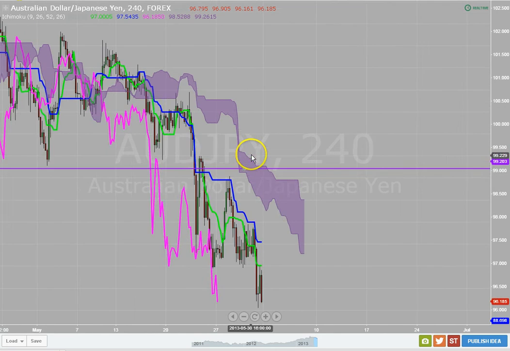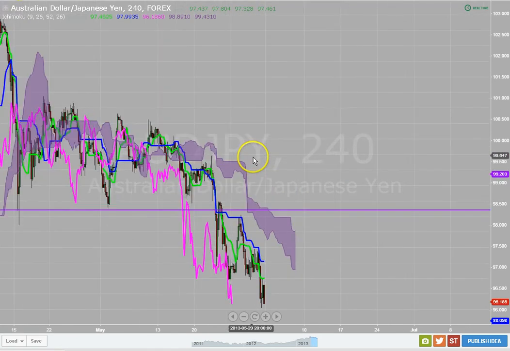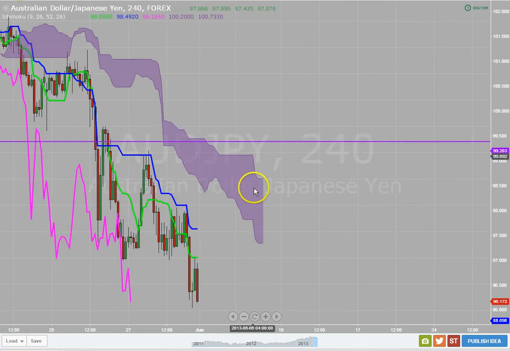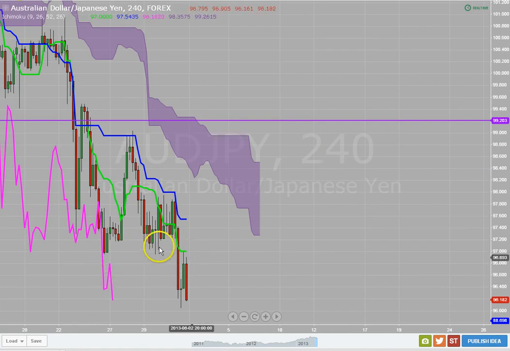On the 4 hour time frame, I don't really like the way it's all setting up. It's not giving me anything really to make good levels with. So I really want to see this market pull back. On this pair on the 4 hour time frame, I really need to see this pull back close to this Kijun before I get in. So I can get in on the Kijun bounce or maybe the break of the fractal level. So that's looking at the Aussie yen.